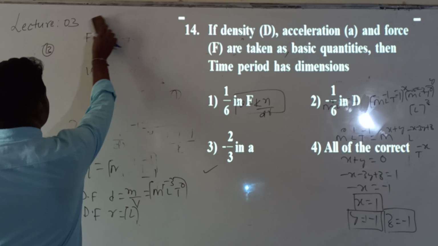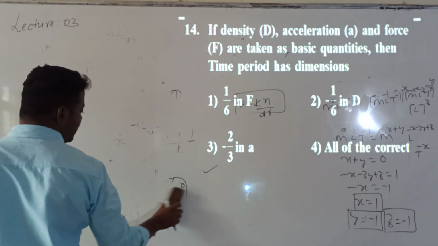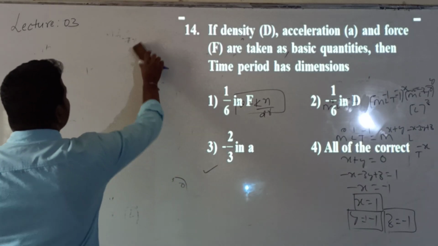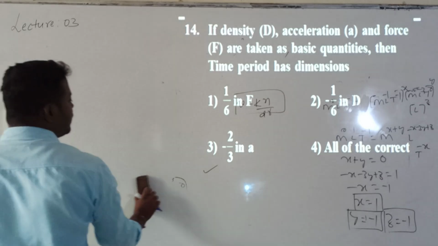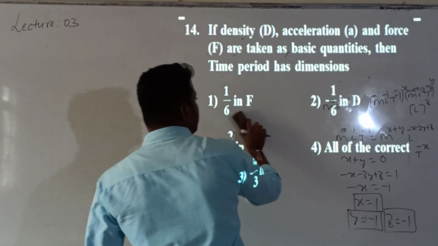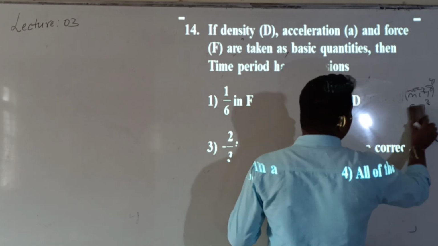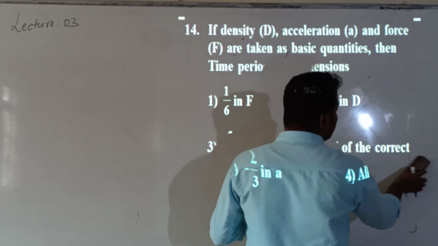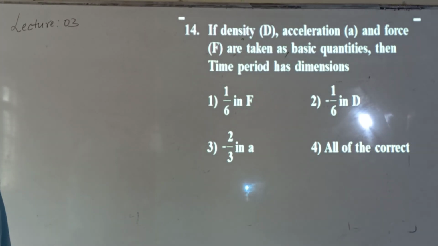So what is question number 14? Question 13, understood now? What is the 13th under application? Deriving the relation between the physical quantities concerned with a given physical phenomena. What is the drawback in this? We cannot derive the relation between the physical quantities if there are more than 3 parameters.